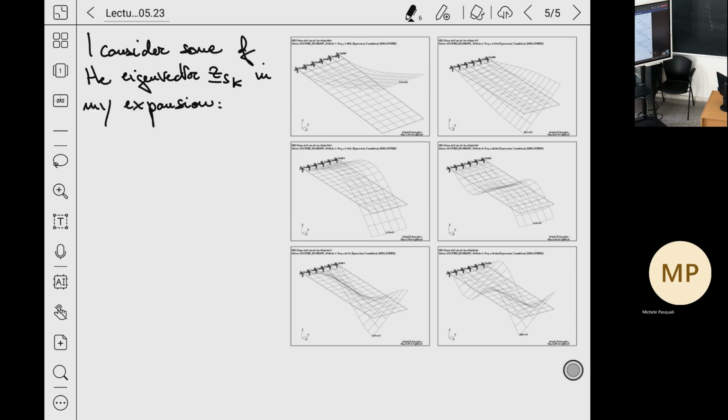So what do I mean? I mean that when I write Qm equal to Q